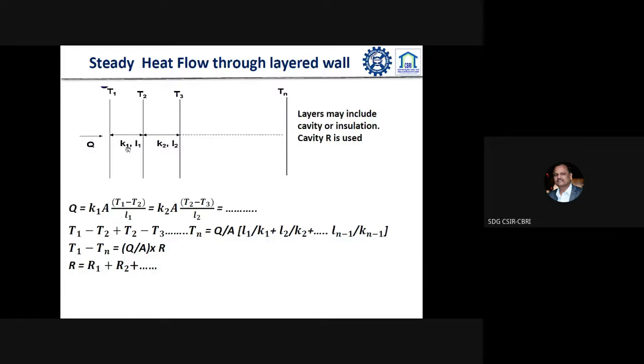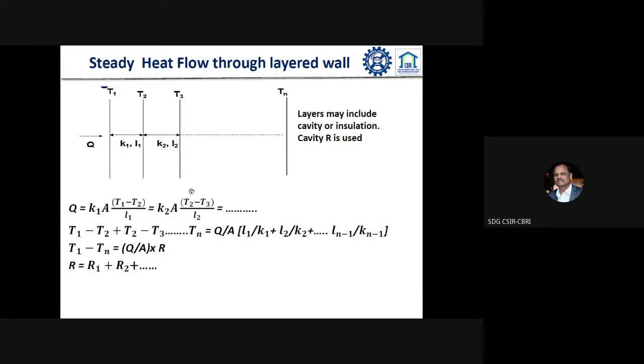So if there are a number of layers, then with respect to the heat gain, the equation becomes, because as we know, whatever heat enters at this particular location, the same thing passes to the next layer. That means your total Q is equal to K1, that is the conductivity of the first layer, into A, the cross section area of the surface, then T1 minus T2, where T1 is outside and T2 is the temperature at this point, divided by L1, which gives Q, the amount of heat.